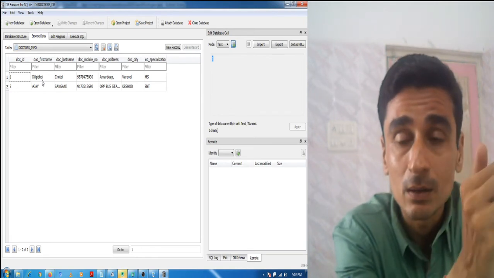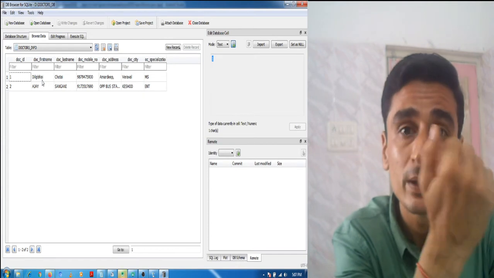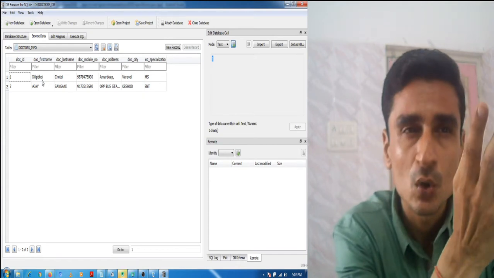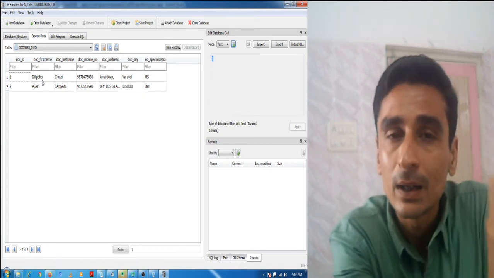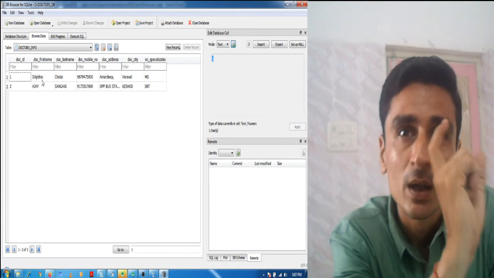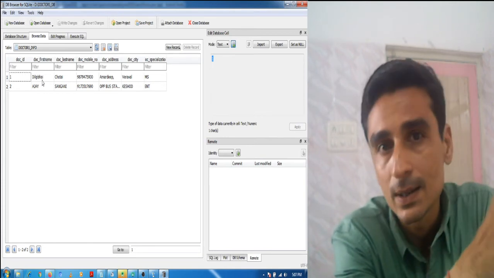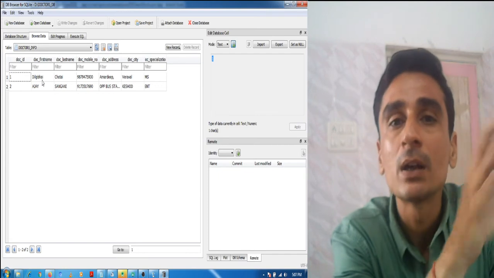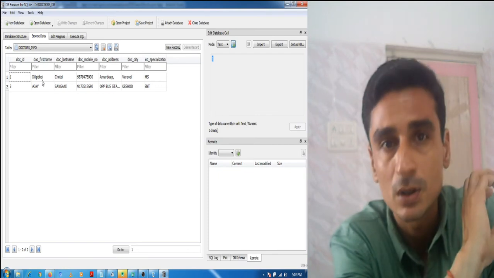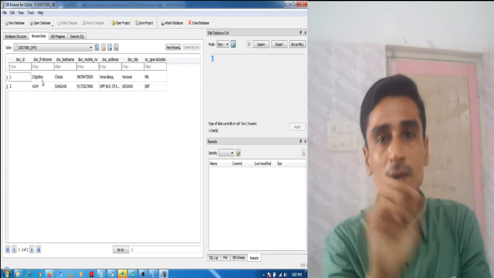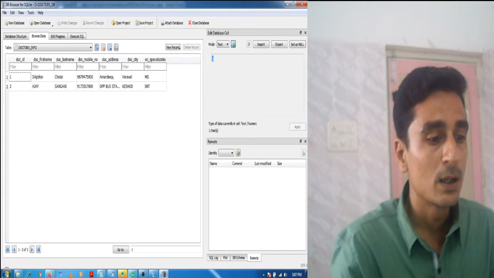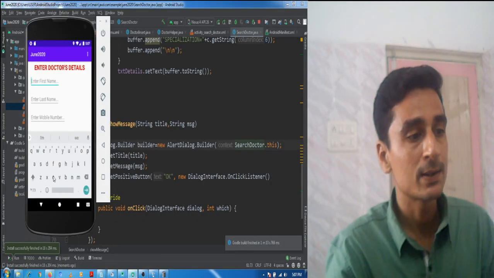In that manner, all the first names will be in capital letters. So again, when the client enters the detail for searching, whatever case he is entering, we will convert it to uppercase before searching. In that manner our application would run in all the cases.